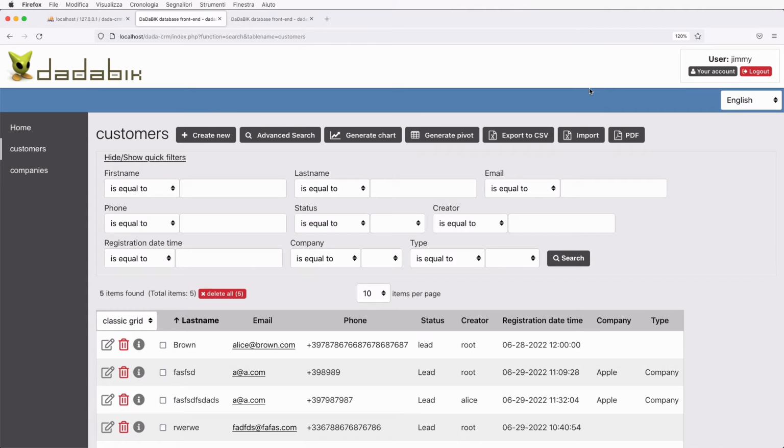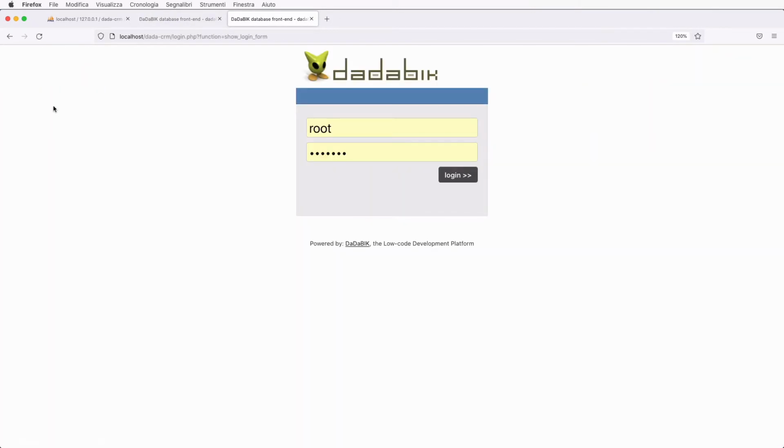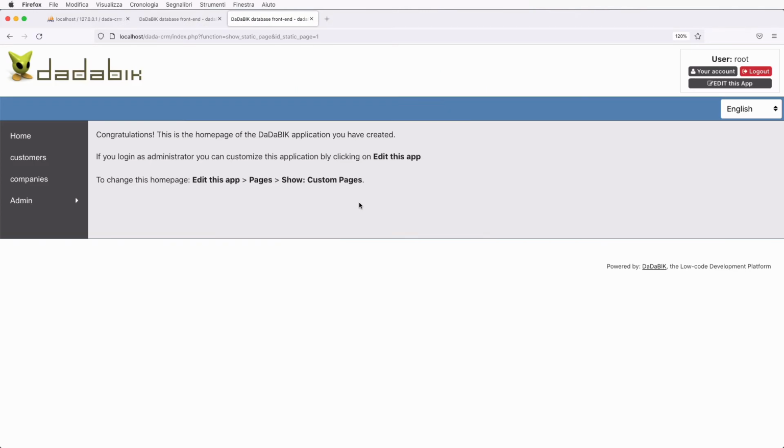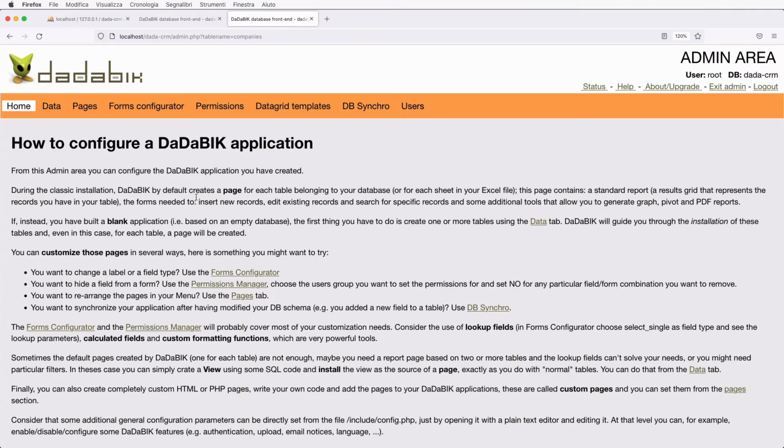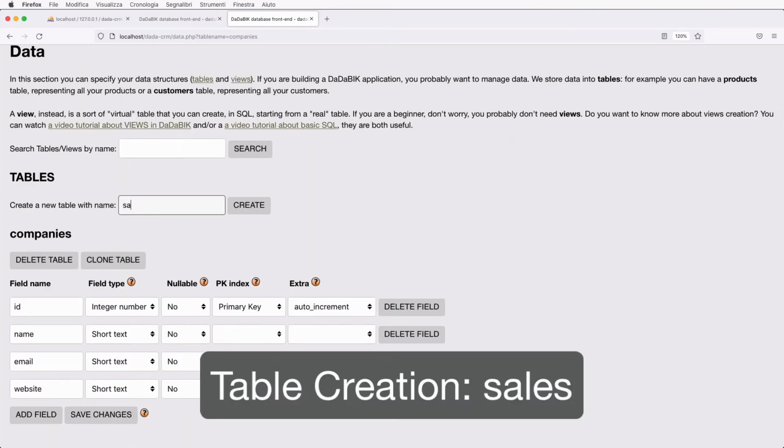Okay, additional step. We want to store in our CRM application also our sales. So I'm going to create the table sales now, and we will store our sales there. So data. Okay, now I'm logged in as Jimmy. Jimmy is not an admin, and that's why I cannot see the admin area. So I have to log in back as root, edit this application, and data. Table sales